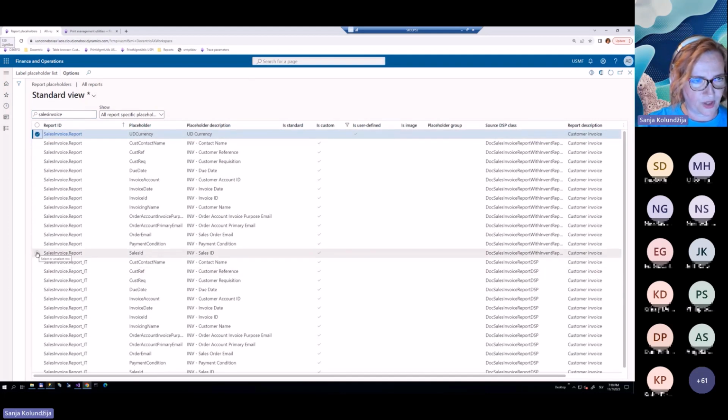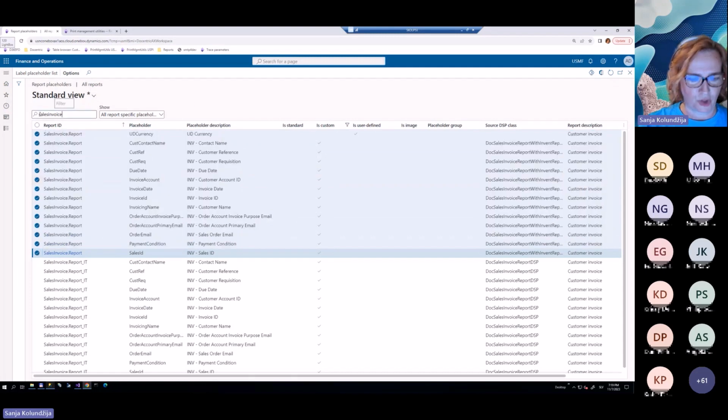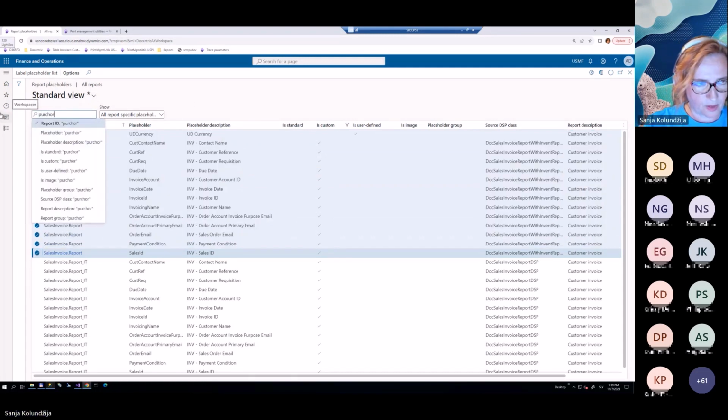So if I start from here to here, these are the placeholders that we thought would be useful to everybody, like invoice ID, due date, sales order related information, contact name, customer account ID, and so on and so on. So you can use any of these. Or if you check purchase order,